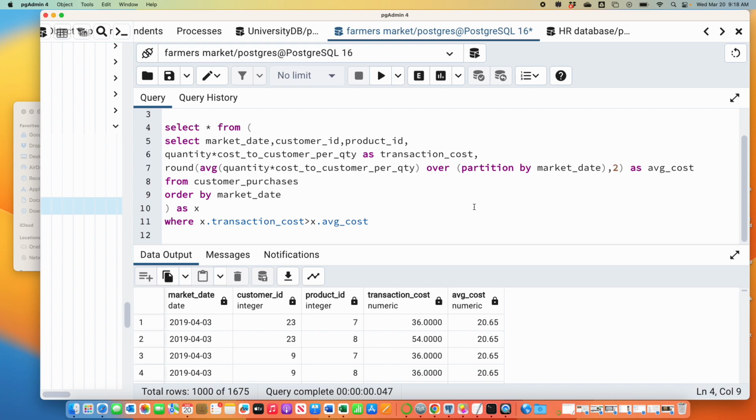The answer is, with group by, you lose all of this intermediate information, like product ID, customer ID. If I ask you, of the transactions bigger than average, who's buying stuff and what are they buying? Group by won't let you see that because it aggregates just on this number and gives you one date with that one average. So this gives you more control over what you see. If all you care about is the average per day, group by is perfectly fine. But do you see what I'm saying here? I know customer 23 bought product 7, resulting in a transaction bigger than average.